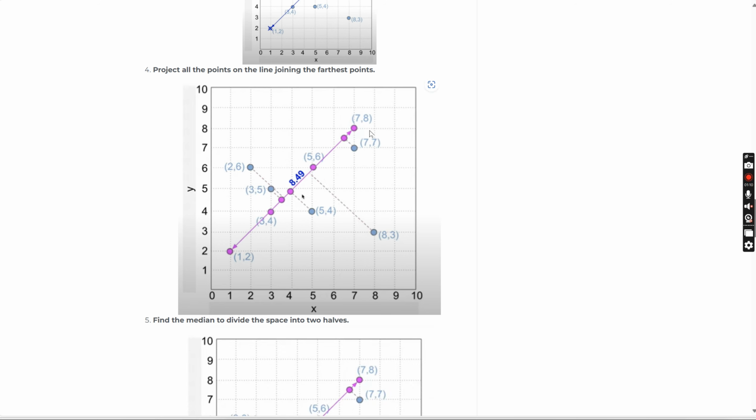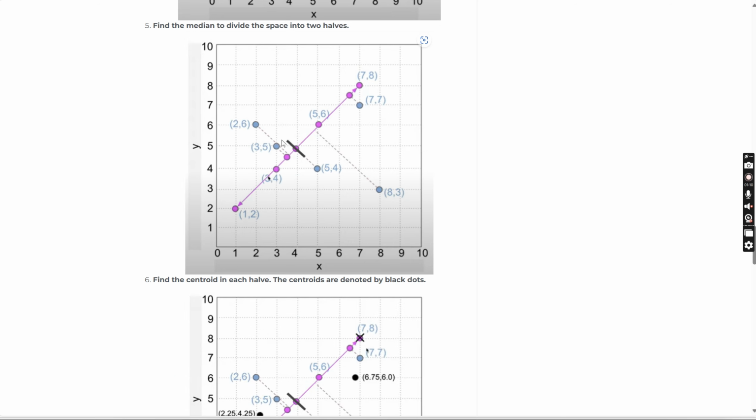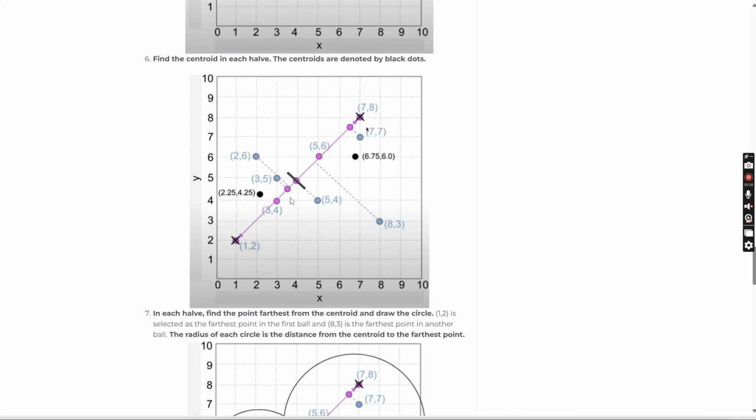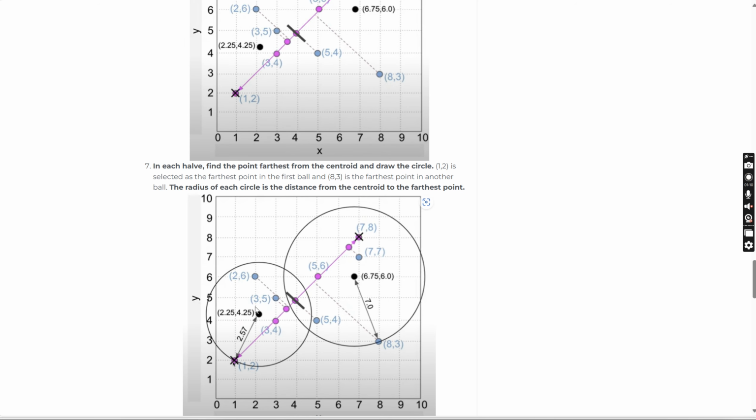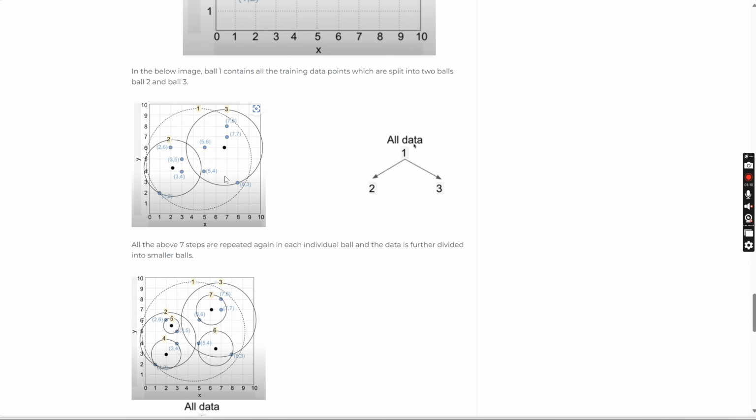So anyway, the final furthest line would be a straight line, and you start projecting all those points onto it. Basically, you calculate the distance between those points and the line, just like what you do in linear regression, and you determine the median of that line. Around that median you form a centroid, a circle, and this will become one cluster, and this will become another cluster. Once you have two clusters, if your new point comes, let's say some point here,